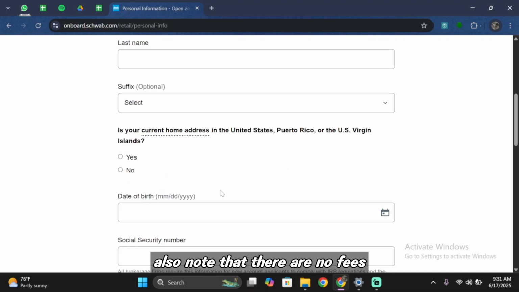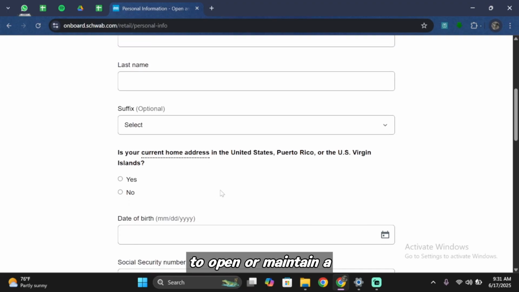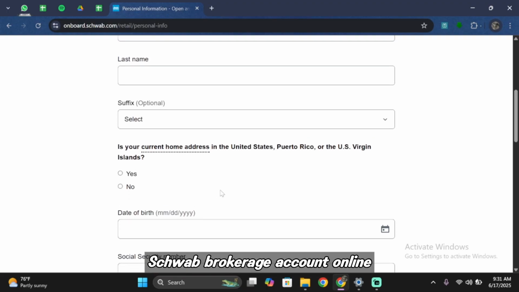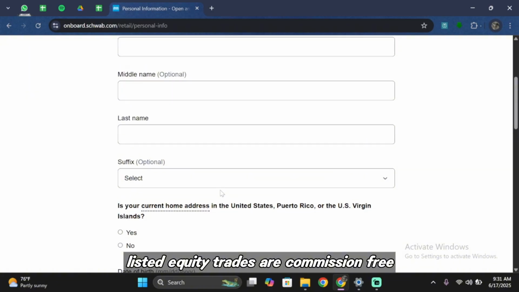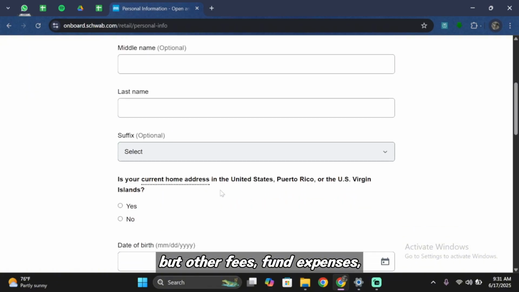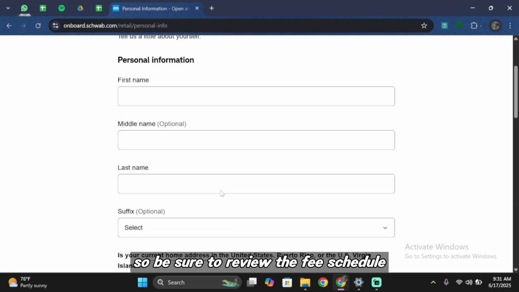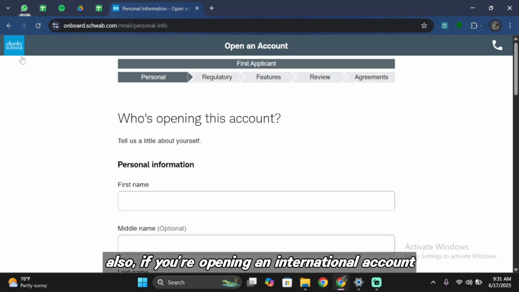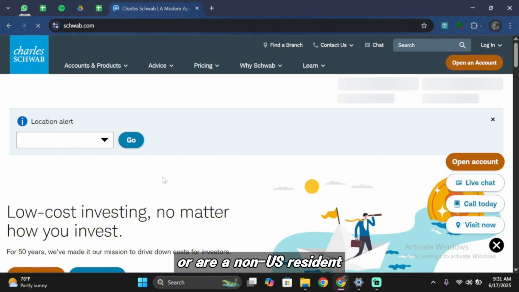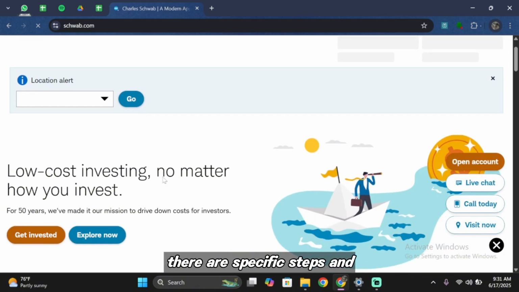Also note that there are no fees to open or maintain a Schwab brokerage account. Online listed equity trades are commission-free, but other fees, fund expenses, and brokerage commissions may apply, so be sure to review the fee schedule. Also, if you're opening an international account or are a non-US resident, there are specific steps